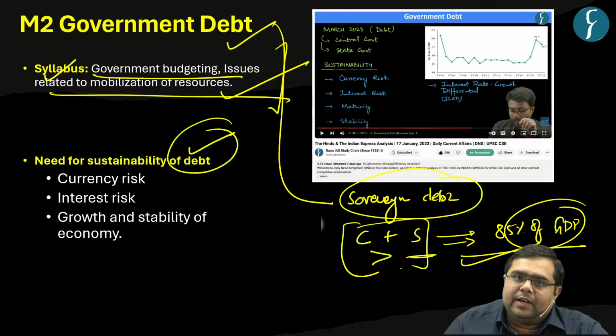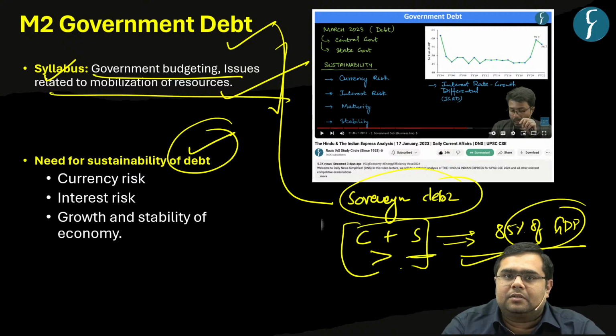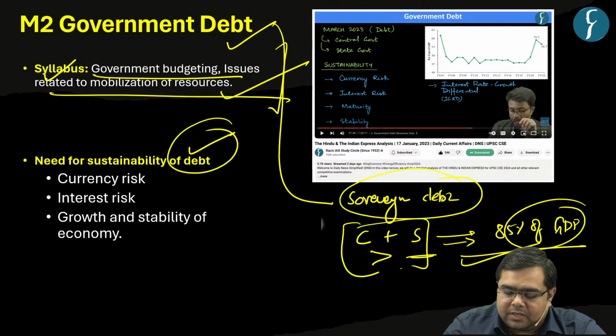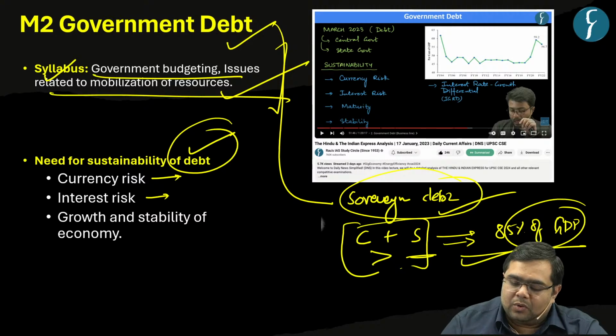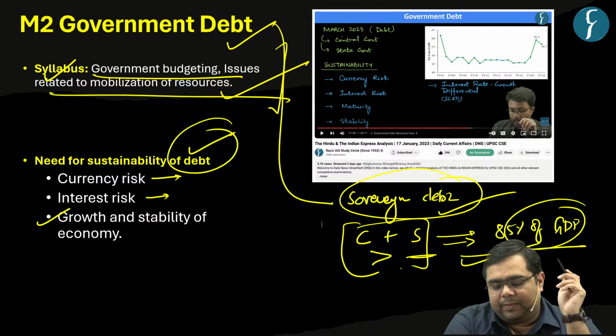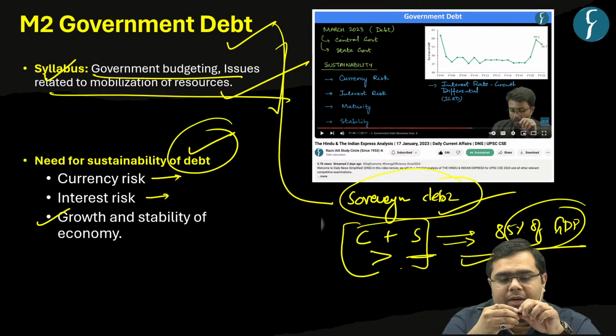So why is there a need for sustainability of debt? The details and analysis were covered by Ankit sir in the video, but let us briefly discuss the issues associated with the sustainability of debt. If our debt is unsustainable, there can be risks with respect to currency volatility. This debt has to be paid at the end of the day, and in the interim, interest on the debt has to be paid. So if our debt becomes unsustainable, sometimes we might not even be able to pay the interest amount. And then the third aspect is overall growth, stability and the image of